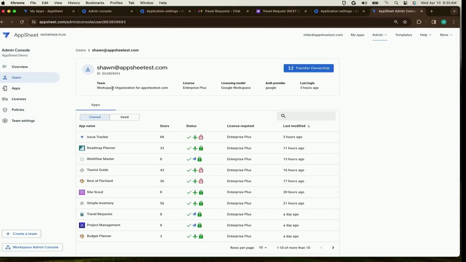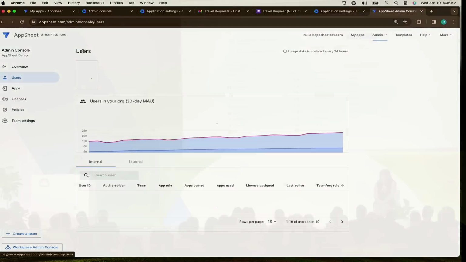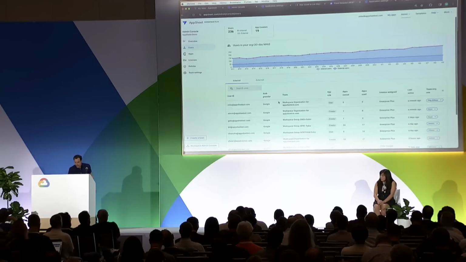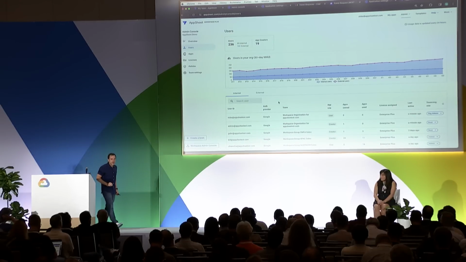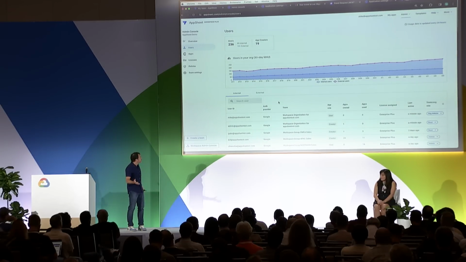It's probably helpful to understand a little bit more about how Sean uses AppSheet inside the org, inside our business. So we can now click into user detail view about Sean, and we can see that indeed, Sean has written a number of apps with a significant amount of usage. And from here, we can understand the types of licenses required for the apps he's built. We can transfer ownership of Sean's apps and so on. But this sort of gets me thinking about who else is using apps inside the org, who's creating, what does the overall adoption of AppSheet look like in the organization from a user-centric view?